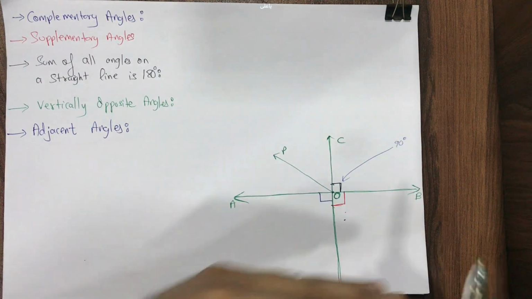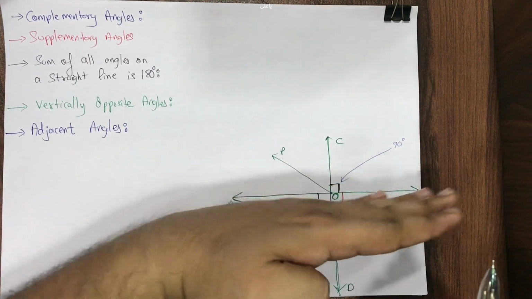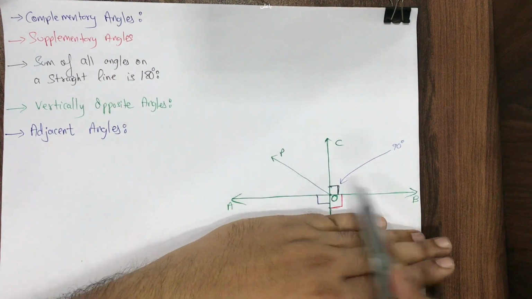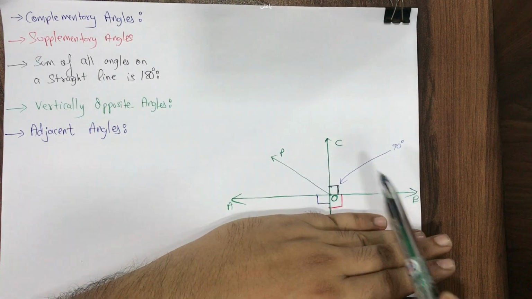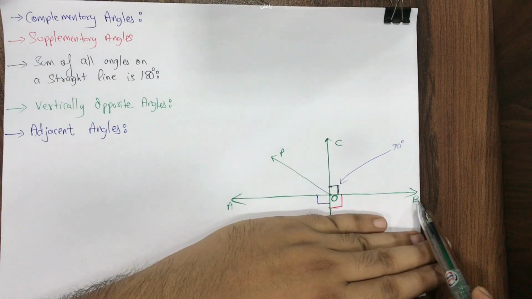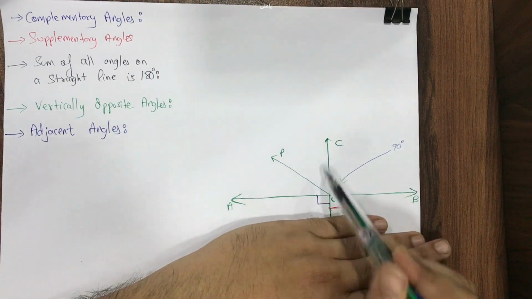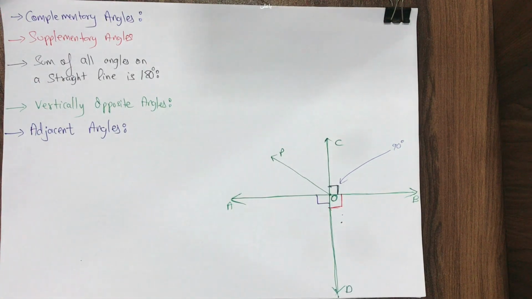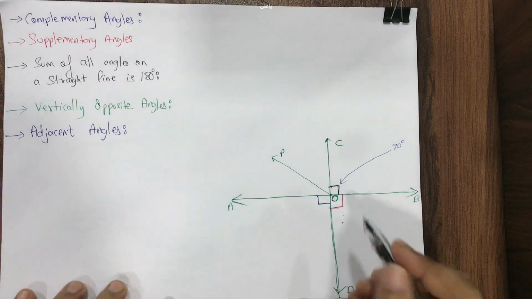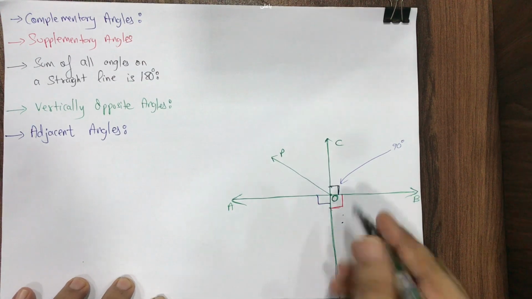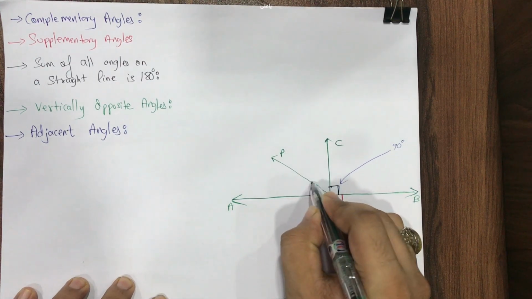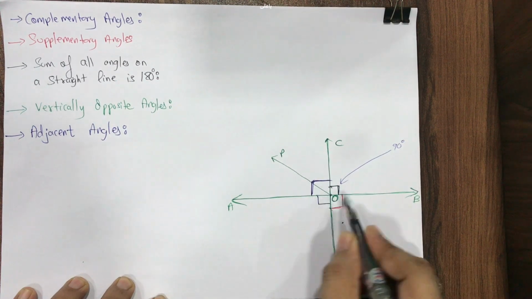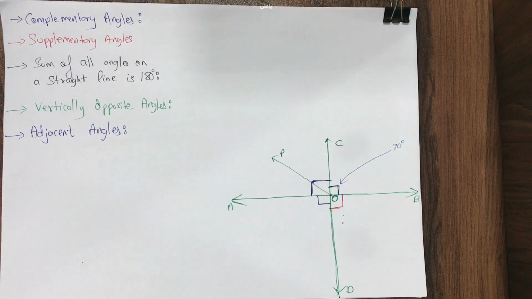Now I'll keep my hand over here, please. See this line AB. AB is a straight line. So if COB is 90 degrees, then COA has to be 90 degrees, because sum of the two angles has to be 180 degrees on a straight line. Understanding please? So I'll also make a box over here. This will also be 90 degrees. 90, 90, 90, 90. This will be the scenario.